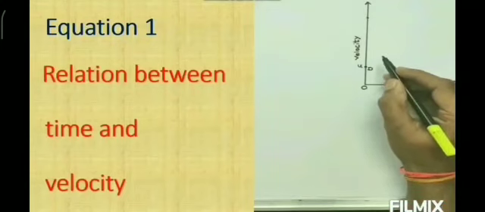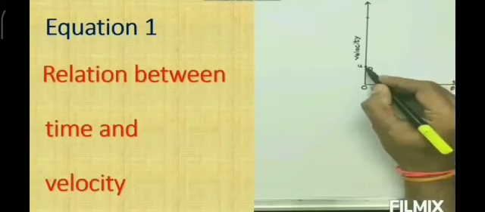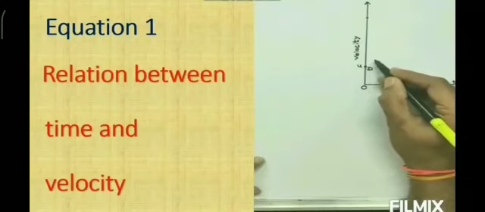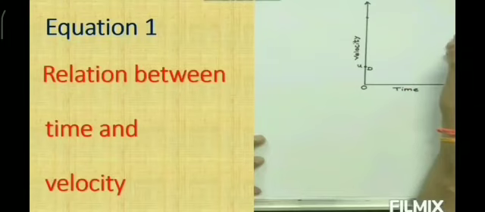The figure shows the change in velocity with time of an uniformly accelerated object. The object starts from point D in the graph with velocity u. Its velocity goes on increasing and after time t, it reaches the point B on the graph.